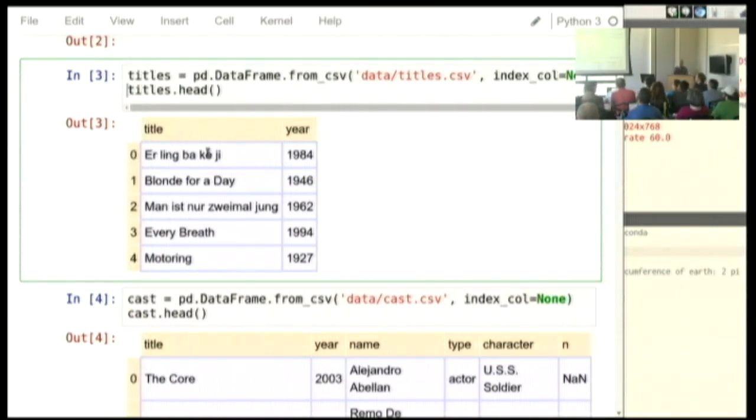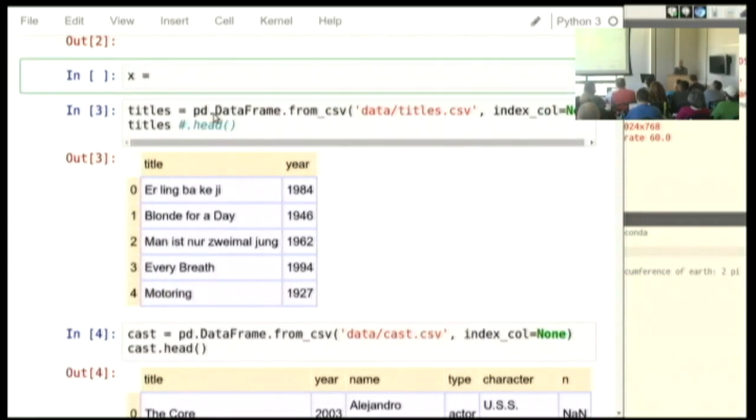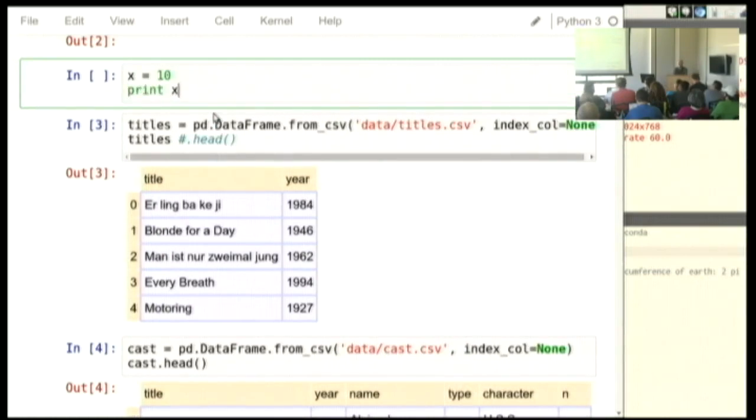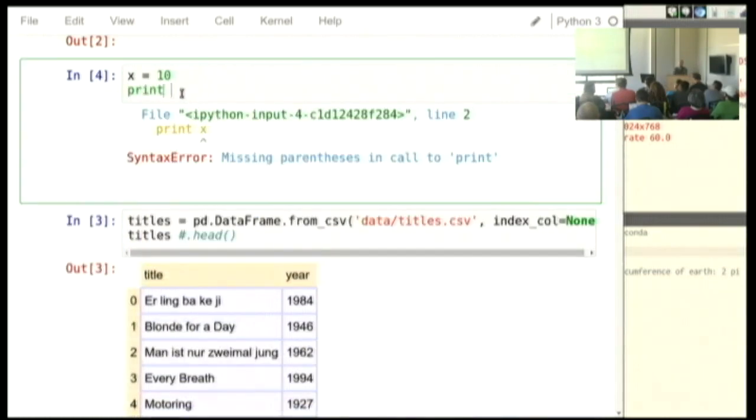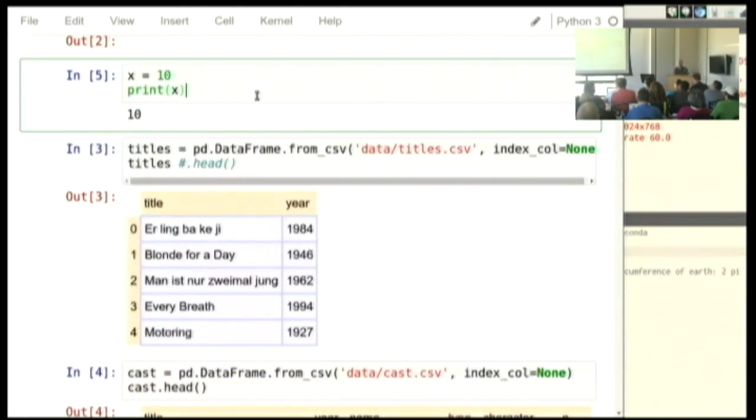And then I did something interesting. Instead of simply asking for the titles data frame to get displayed on my screen, which I could do like this, because one of the magic things about the IPython notebook is that you don't have to use a print statement. Thank goodness, because they need parentheses in Python 3. If the last line of code you write is just a bare expression, like X, then it will auto-display the value of that expression on the screen.